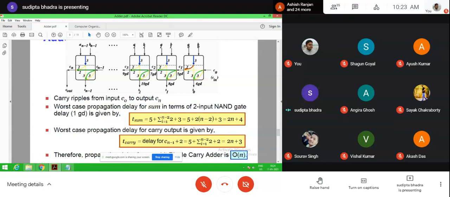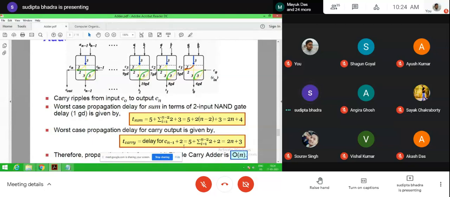Now Cn is the last carry bit, and before that is Cn minus 1. So Cn minus 1 plus 2 is the particular delay for Cn.